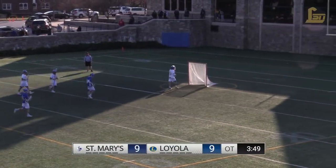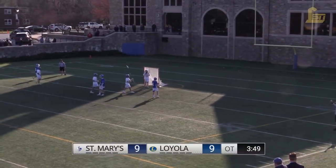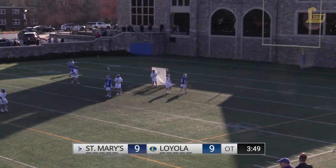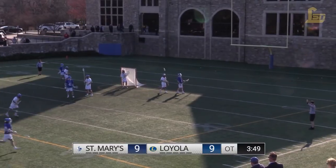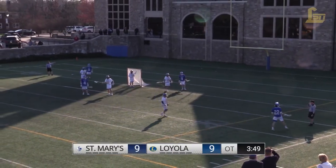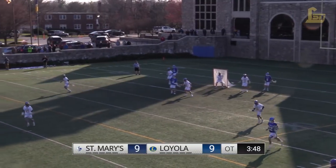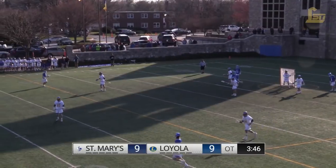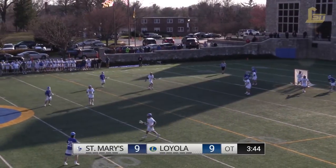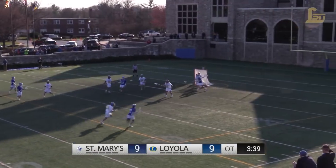So, 3:49 left in overtime. First goal will win it, I believe. Yes, sir. So, St. Mary's will have the first crack at ending this one, as they forced the turnover there. So Ryan Jones will pull it up for St. Mary's. St. Mary's, the inadvertent timeout called by a player, I believe, not realizing that they had an open shot